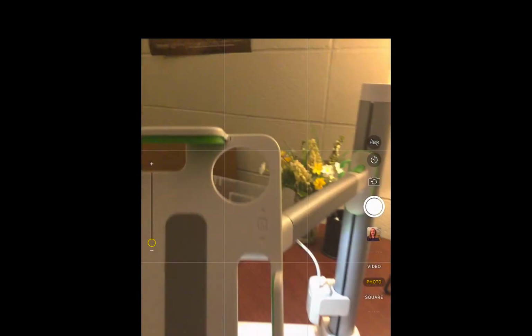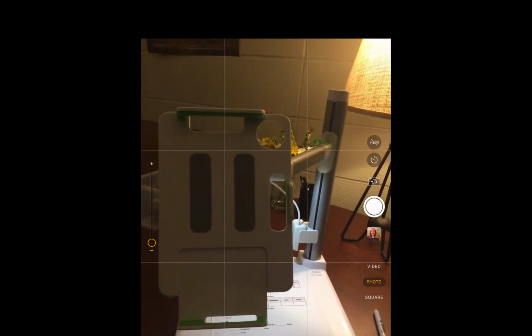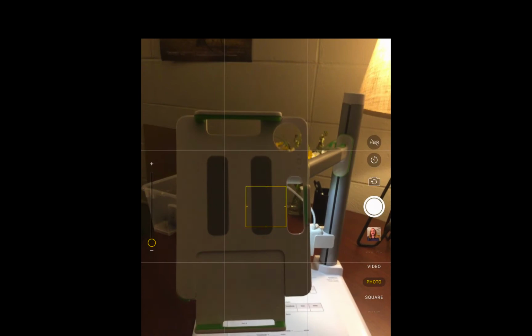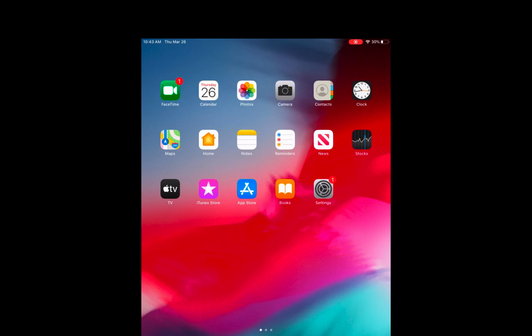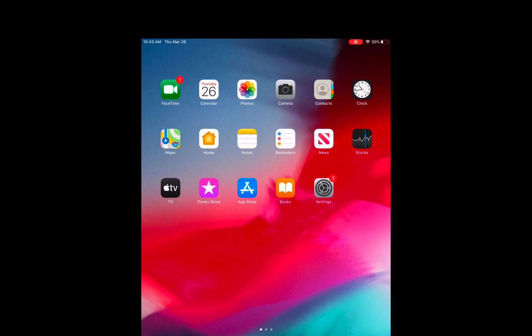So let me go ahead and take my iPad out and turn my camera around so that you can see exactly what I'm talking about. Tilted just like that, so that then it becomes a tripod for your iPad so that you can make those video recordings really easily. Keep in mind that you can also use this screen recording to demonstrate for students something